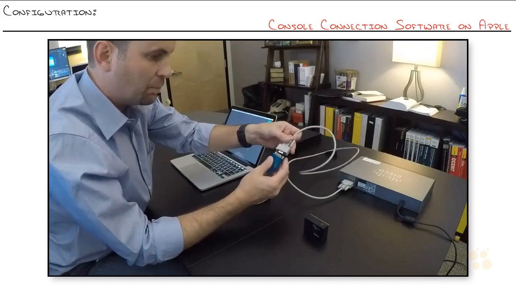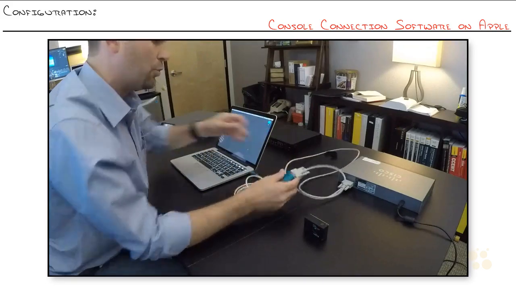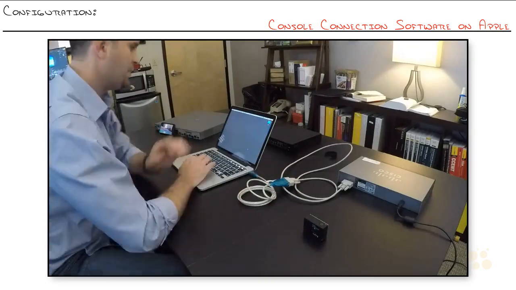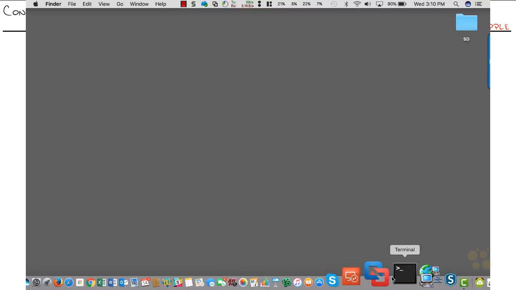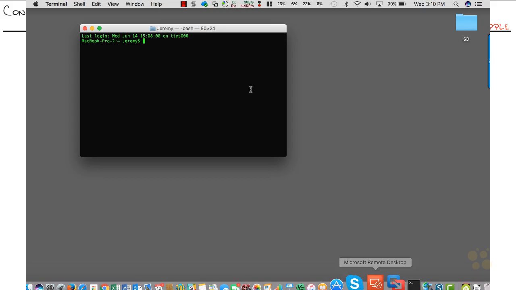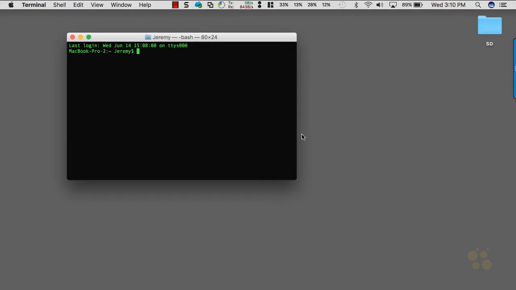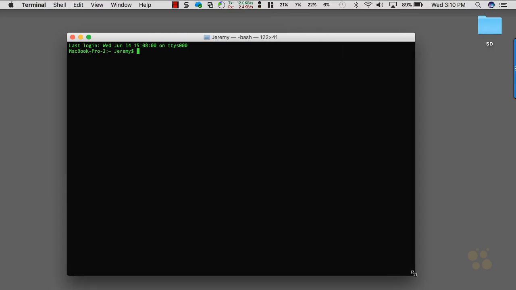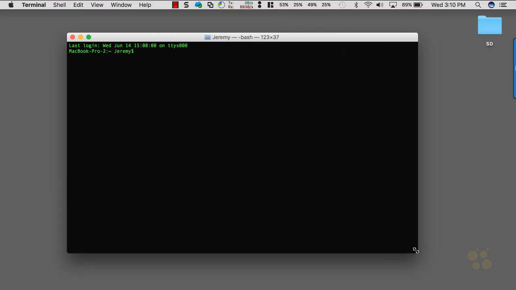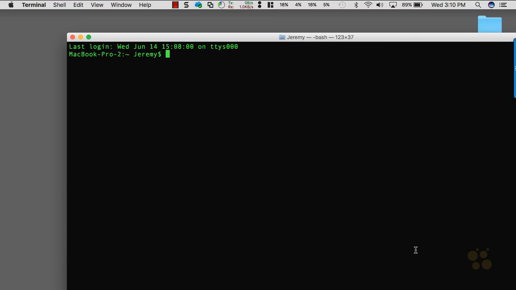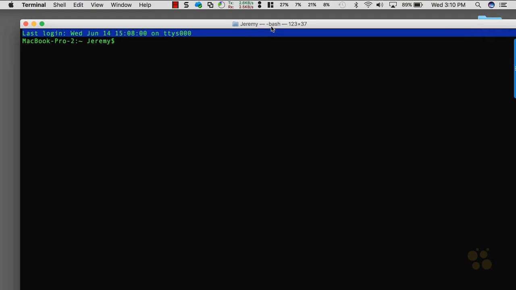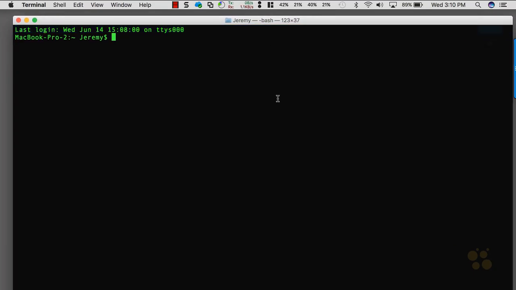Now, on Windows, we had to go download PuTTY, which was a terminal program. Apple actually includes a terminal program itself, since it's built on FreeBSD or a Linux-based operating system. We can do that. I'm going to increase my font size because I know many of you don't like things micro-sized like I do. So what you want to do first is make sure that OS X has recognized this